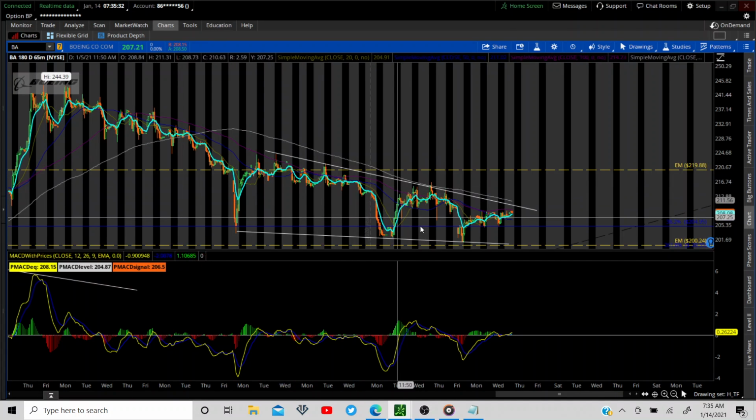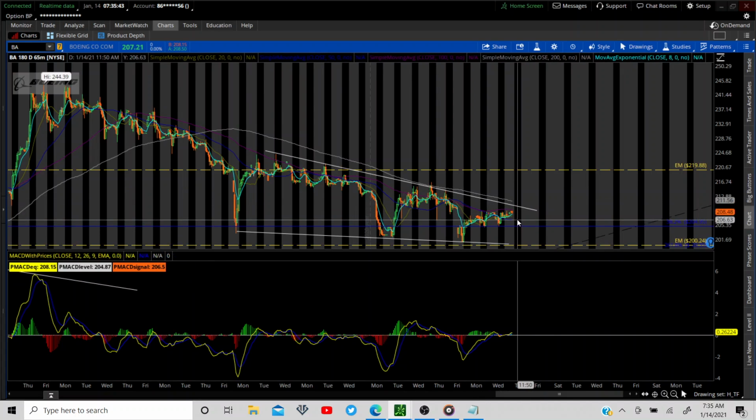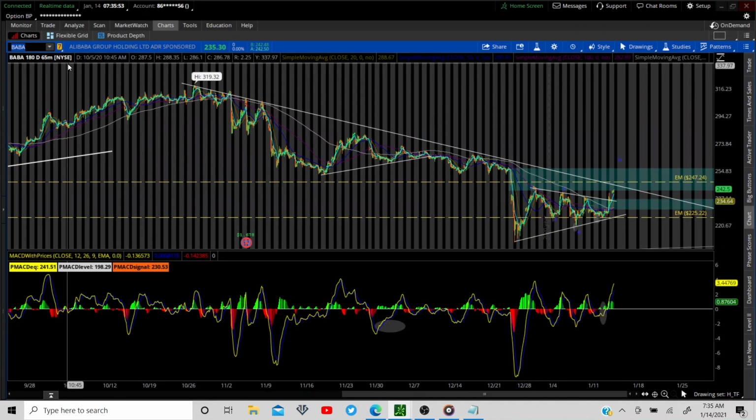So we have Boeing, didn't quite hit its expected move down here, wedging up, moving to the upside. Hopefully we're breaking out today. We are going to gap up just a little bit at this point, but getting kind of tight there, either for a bounce or for newer highs, near-term highs.